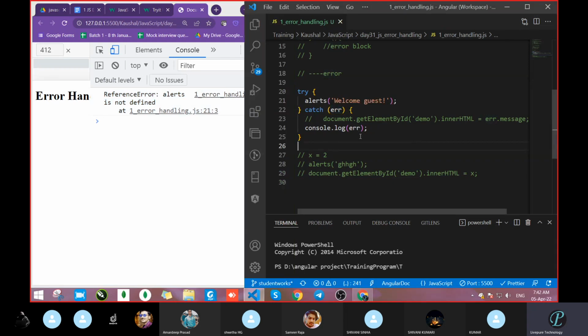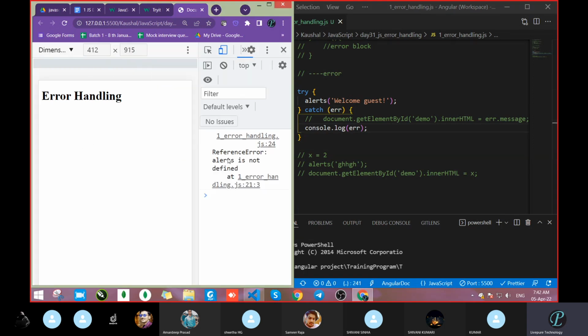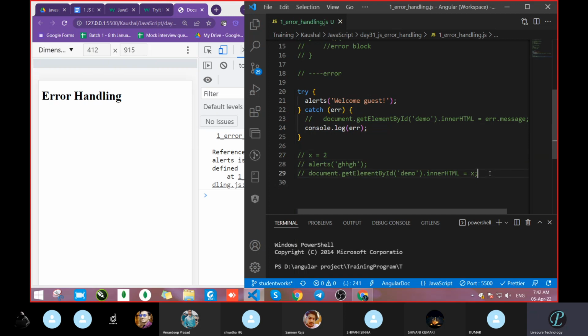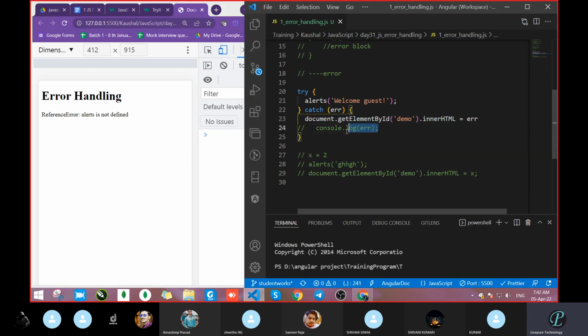Now I want to pass this error message on the UI. Now tell me how I can pass. I want to print it on the UI. So what will we do? document dot getElementById demo innerHTML, after that ERR we are going to pass. Correct. So now we can write this ERR because the error variable gets all the messages. Okay, the ERR variable. So let's save and let's see. So we got that alert is not defined. In the console, I had commented that. Okay, let's uncomment it if you want.